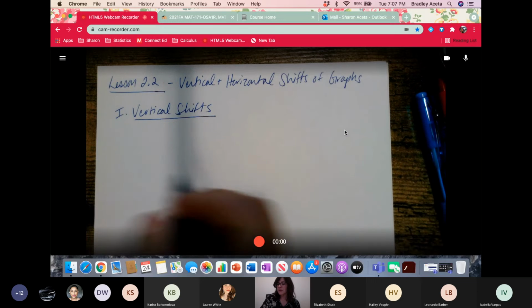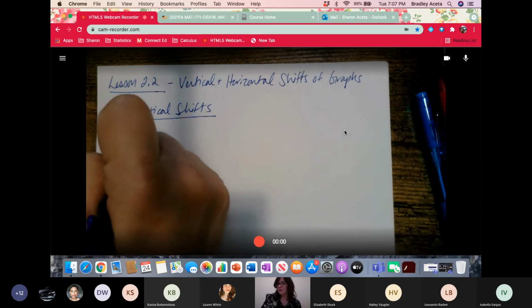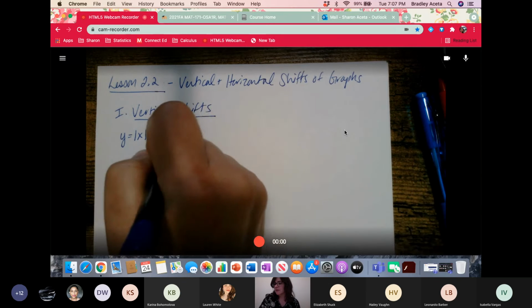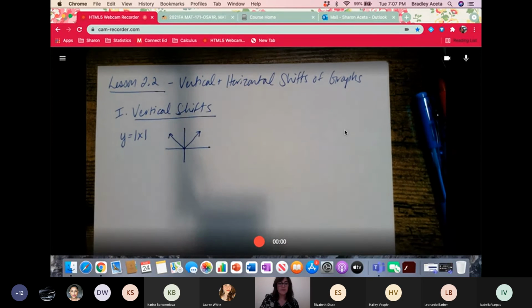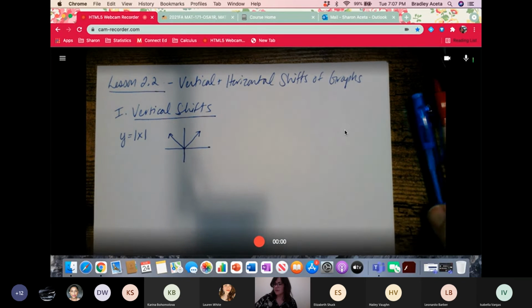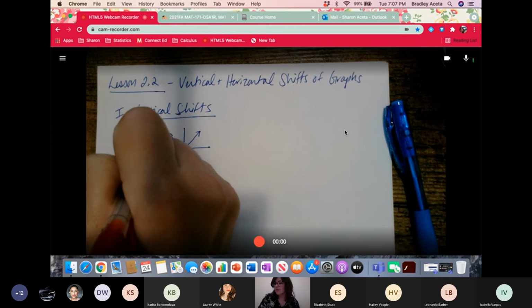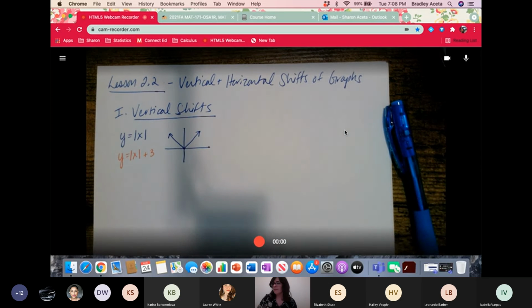So if I take my parent function, we'll do this guy, Mr. Absolute Value, that we just learned about. Okay, and he looks like this. He's the V. And if I want to add something to him on the outside, so if I go like this, if I take the absolute value and I add 3, and you can